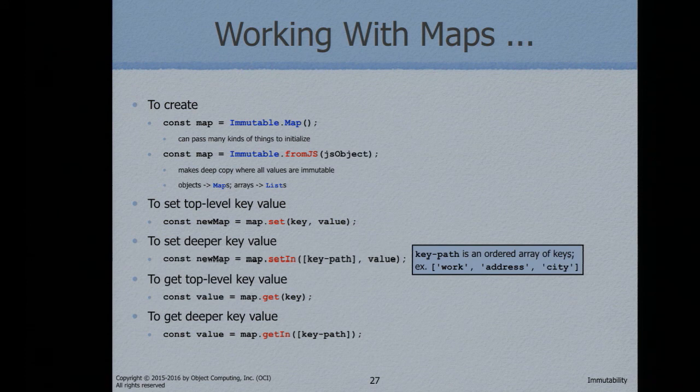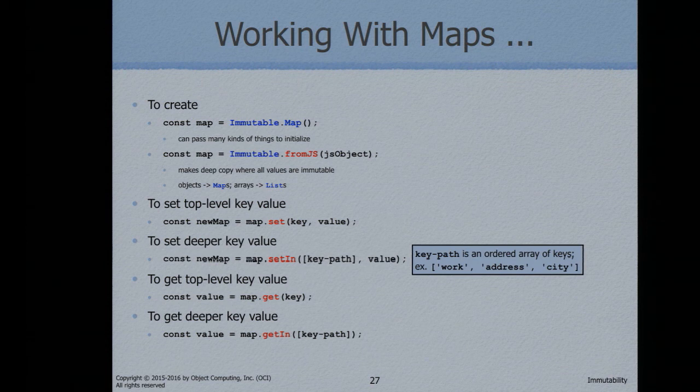But in this example, I'm just creating an empty one. I also can use immutable.fromJS, as we saw earlier, and if what I give it is an object, it's going to create a map for me. And now that I've got my map, if I want to set a key value pair in it, I just call set. Very straightforward, but not the same as what you're used to in JavaScript, where you would say, like obj.foo equals bar. You can't use the dot syntax, you can't use the square bracket syntax, you have to call